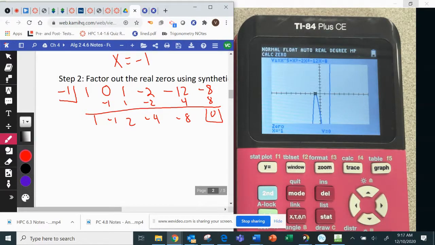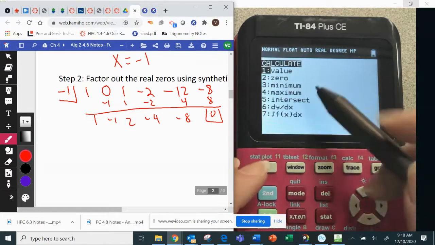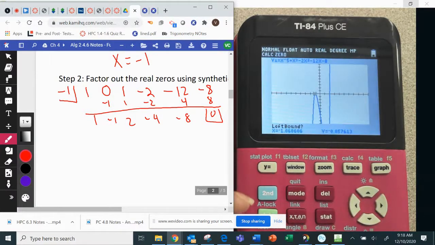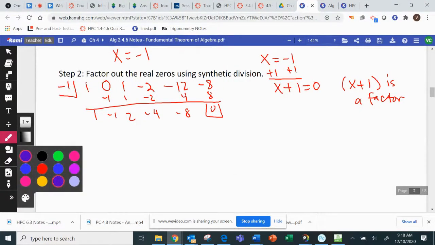What do you think? 2? So second trace 0, left bound 1, right bound 3. Let's check at 2. It does say yes, 2 is a 0. So because x equals 2 is a 0,